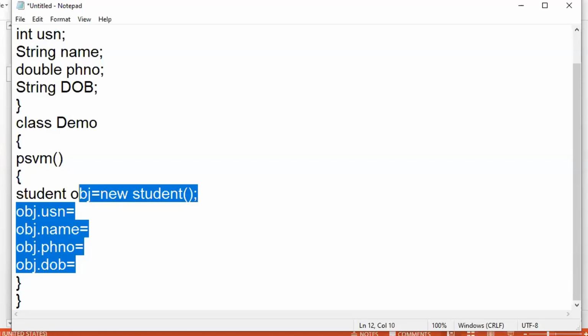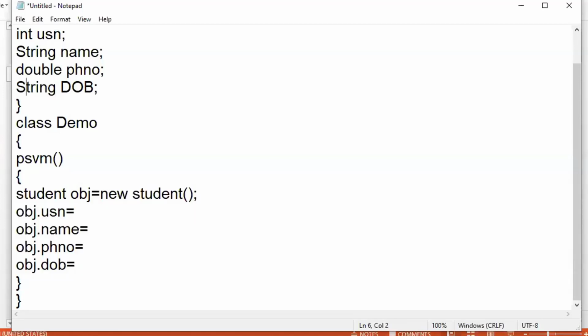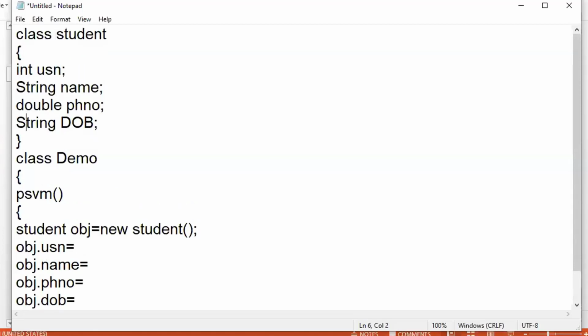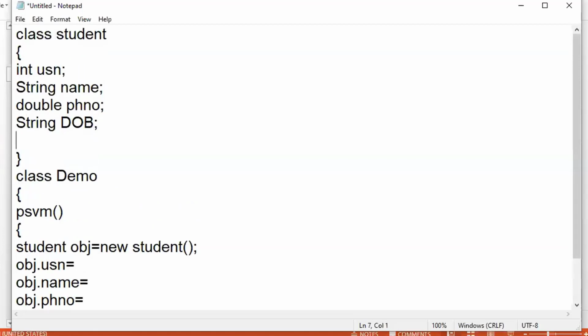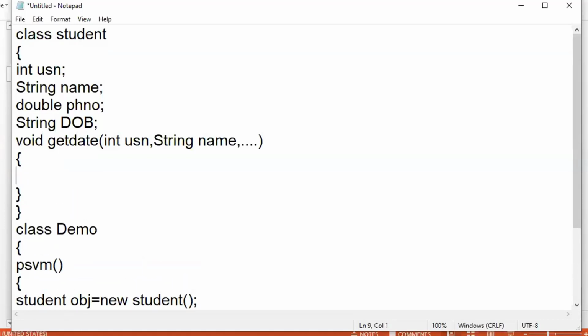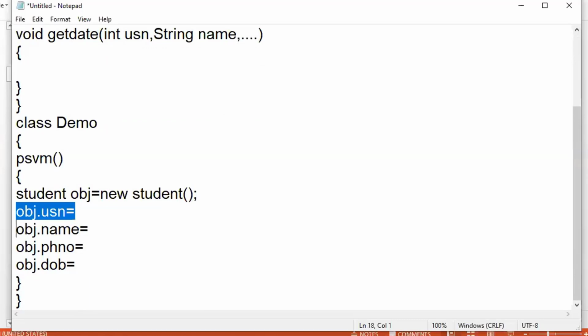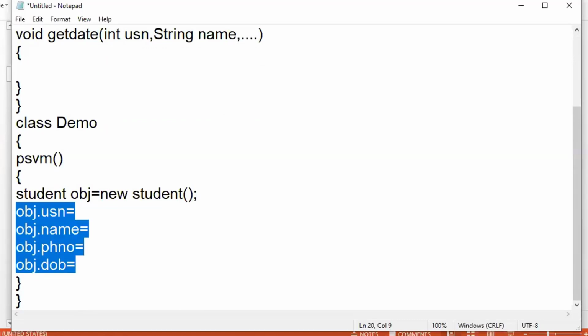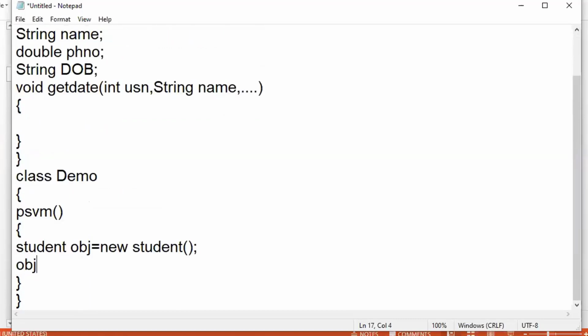So what I told is, instead of initializing directly within this particular class, which is called student, you can have a method written something like this: void getData, right? Here I'll pass an int USN, same names I'll take. I'll write a string name, right? So consider that all the parameters which you want to hold have been written here, and you have to initialize those things separately. And at the bottom in the main function, you have to call a method called obj.getData.